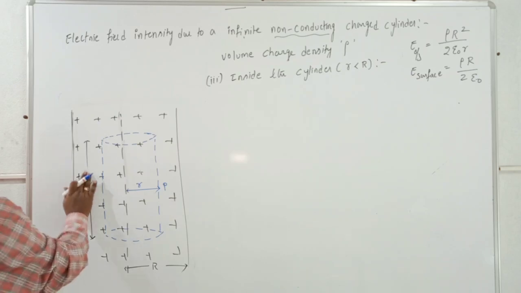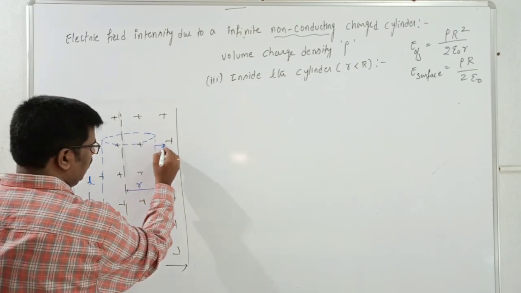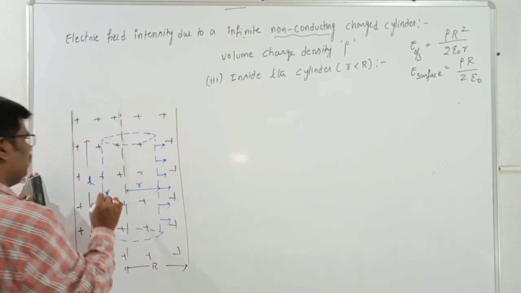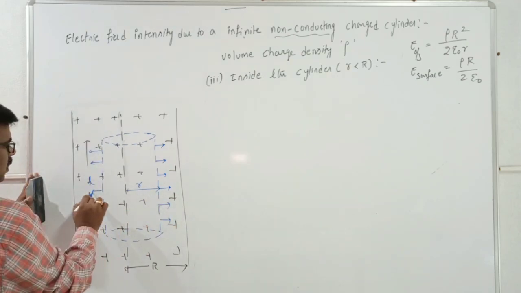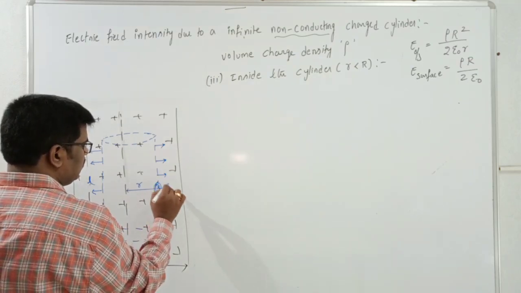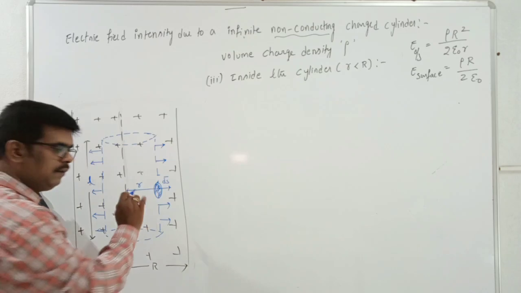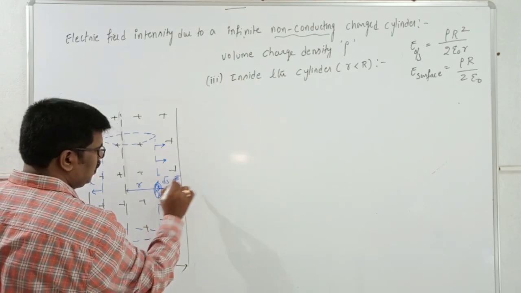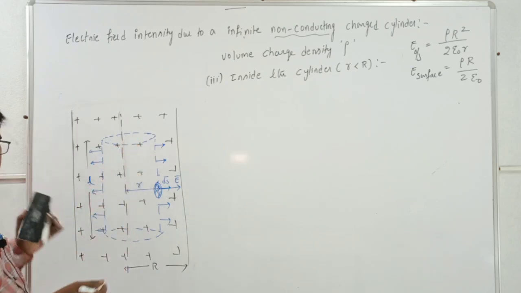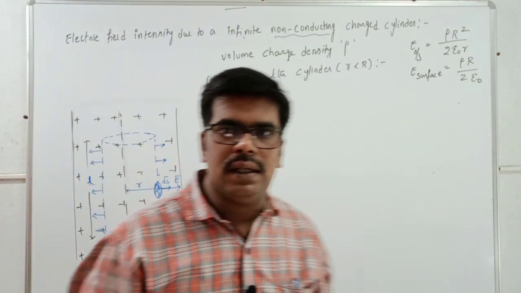Now observe the thing. Through this, the electric field intensity is radially outwards. Same procedure we are following. The electric field intensity is radially outwards, and we are considering a small area here. That is, area vector is dS bar, and electric field intensity is E bar. Both are along the same direction, and we are neglecting the flux through the flat surfaces because it is 0. Why? The electric field intensity and area vector both are perpendicular to each other.